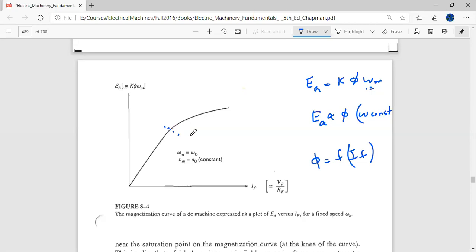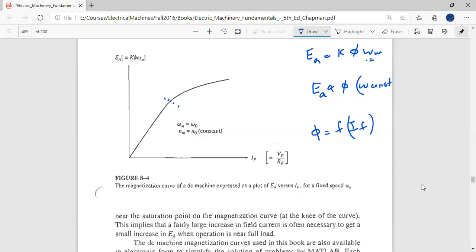But after some time, even if I keep on increasing the flux, EA also becomes less linear and almost turns towards a constant value, provided that this omega is constant. And this is due to the fact that at some point in time, phi will become constant, as we saw in the last graph: up to some extent we can increase phi, because this has the same effect as increasing the magnetomotive force, and after a while we cannot increase the flux further because of the same effect as studied before.